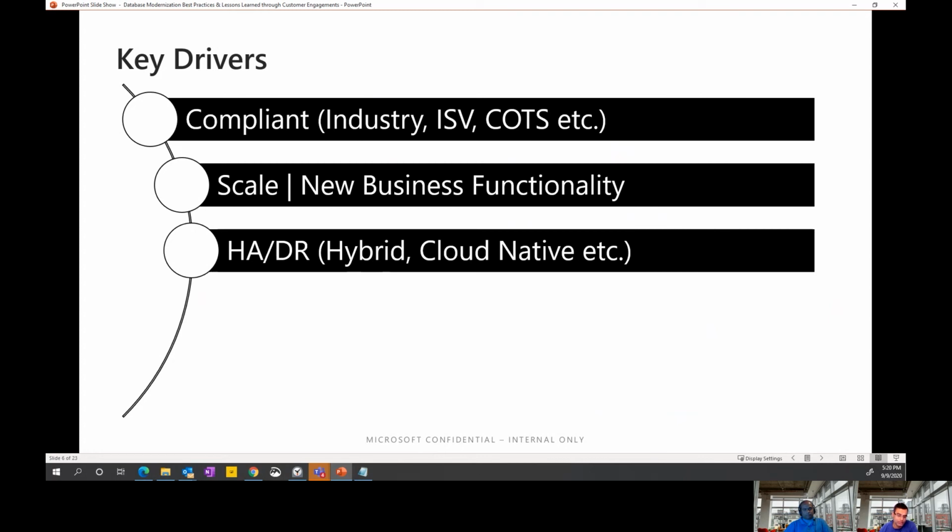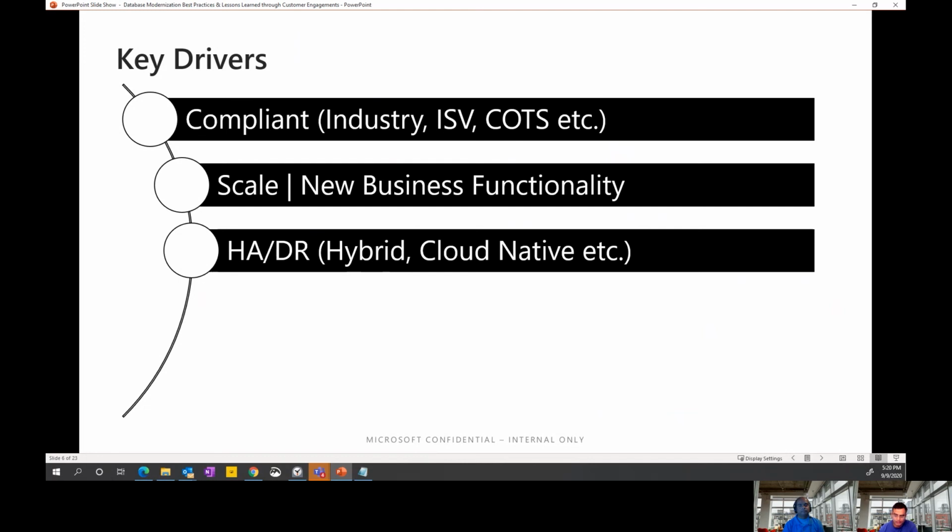HADR: there are a lot of use cases triggering modernization where end customers, or our customers directly, are asking, I need to move my business SLA from double nines to 4.9 availability. I cannot sustain my business with just one site deployment. I need multi-site and an active DR setup. I also need hybrid models where either downstream or upstream workloads are provisioned outside of my already overloaded data center into Azure,